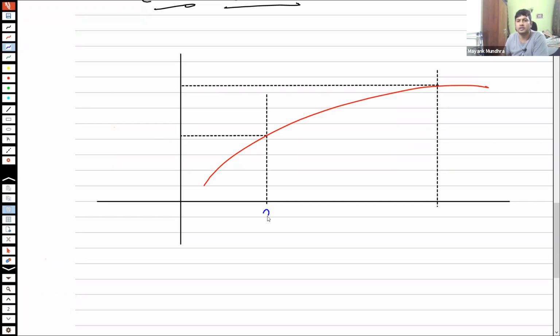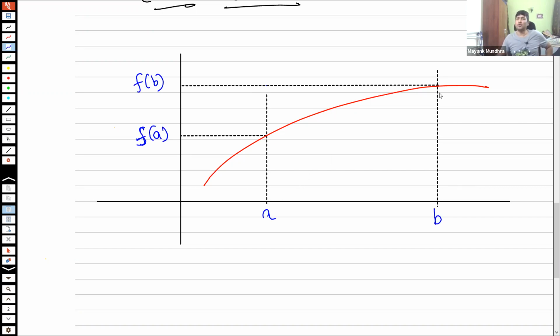Okay, so I know that this is a and this is b. So this is f of a and this is f of b. Okay. So if I did not know any maths, any algebra, any integration, what I would do is I'll say,